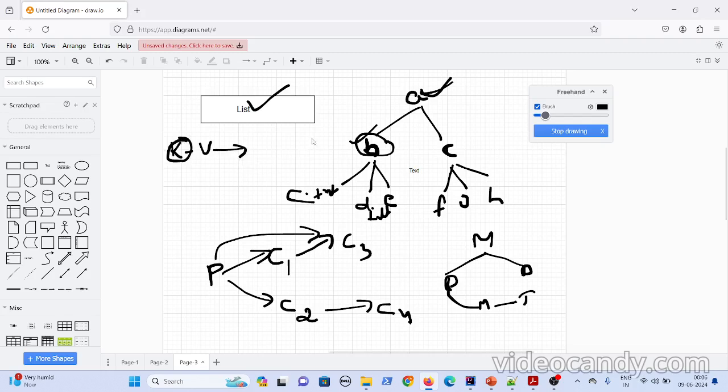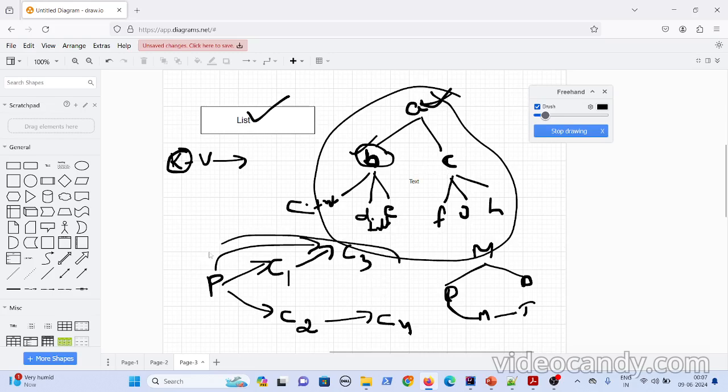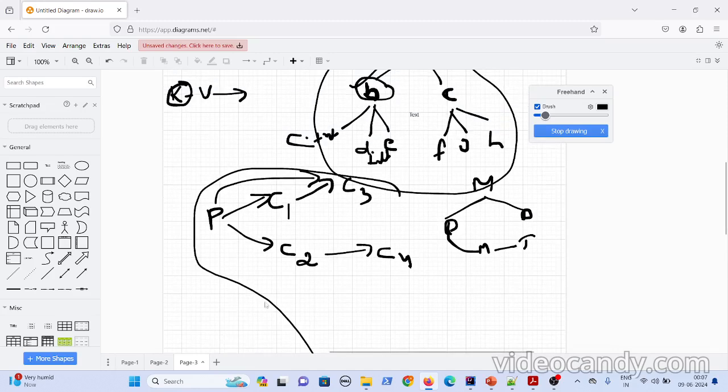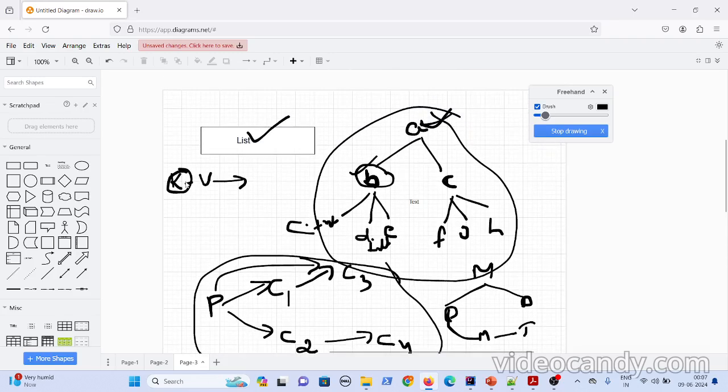Now in this case, what you are doing is grouping different kinds of elements in different ways. In a list, all the elements are arranged in a linear order. If you see a tree, it is also a group, but the hierarchy, or the way the elements are arranged, is different. And then the graph, like a graph is also a kind of tree, right? In the graph the elements are arranged in a different order. And when you go for a map, the elements are arranged in a little different order compared to the other structures.